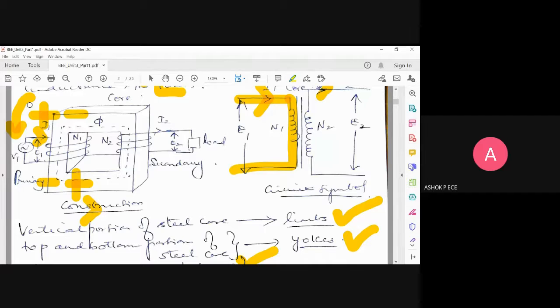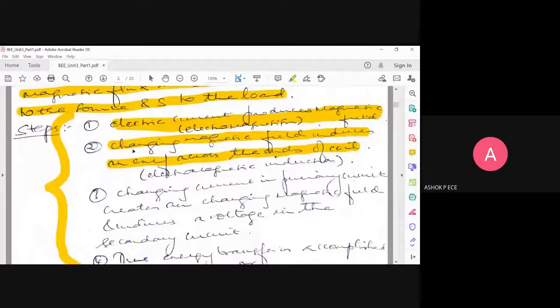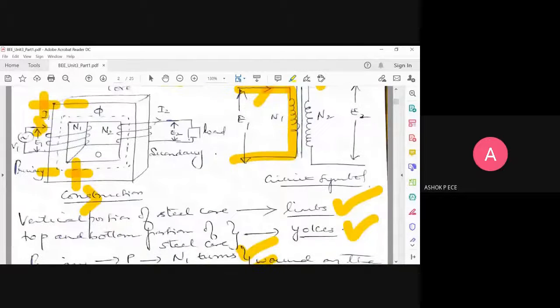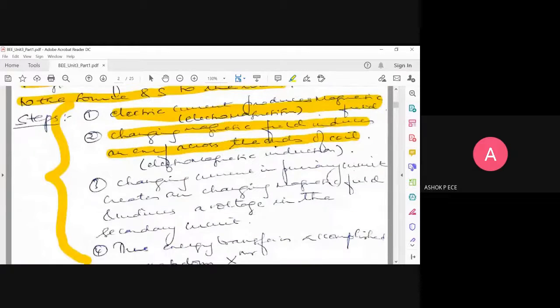So effectively, what is the voltage going inside your transformer? Can anybody say that? Effectively, what goes inside your transformer? I supply V1 and I get E1 because of induction, and this E1 is always opposing this V1. So effectively, what goes inside this transformer? It is V1 minus E1. Yes, V1 minus E1.